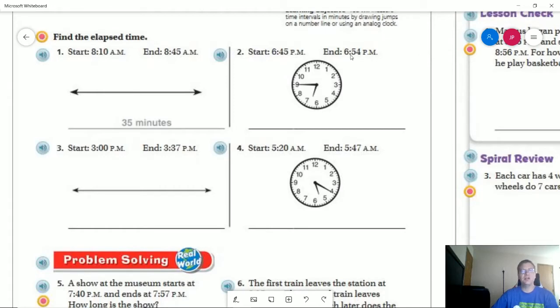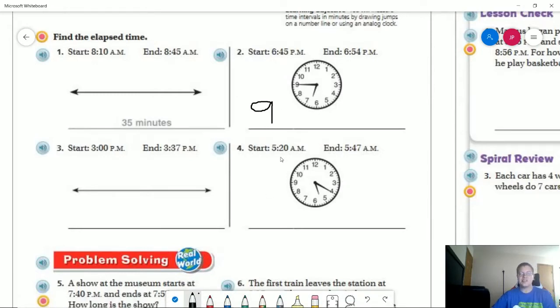So to start with, number 2, we started at 6:45 p.m. We're ending at 6:54. So if we did the strategy where we're subtracting, we could do 54 minus 45 to get our answer. We can also count by fives to get from 45 to 50, and then count by ones 4 times to get to 54. So that would give us a total of 9